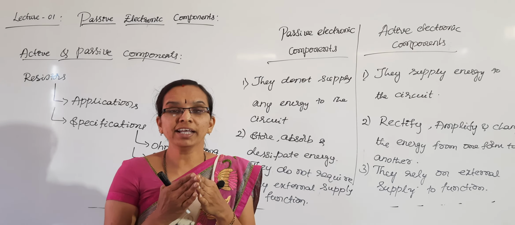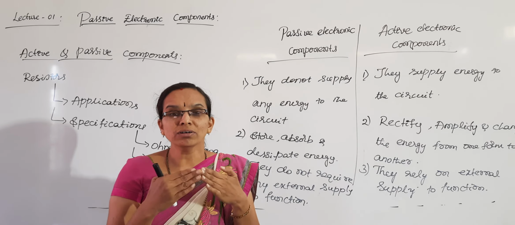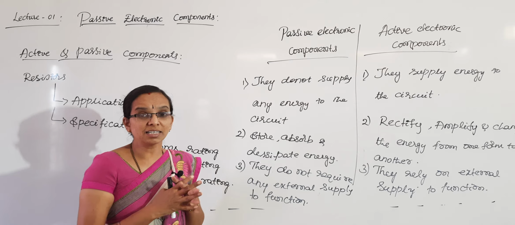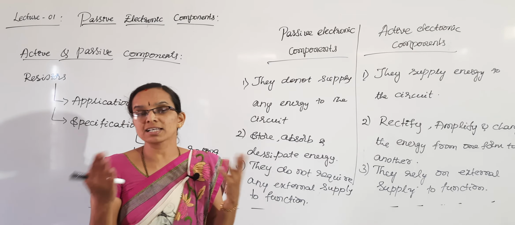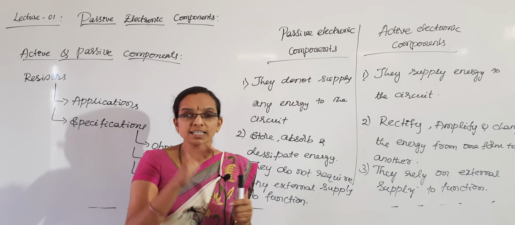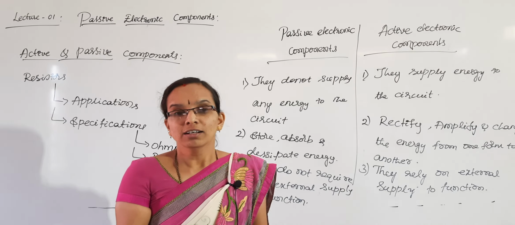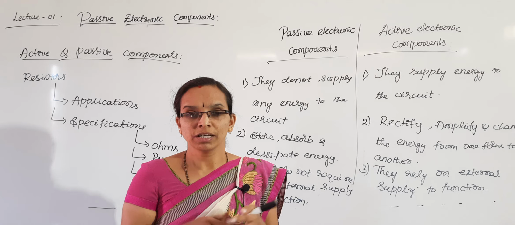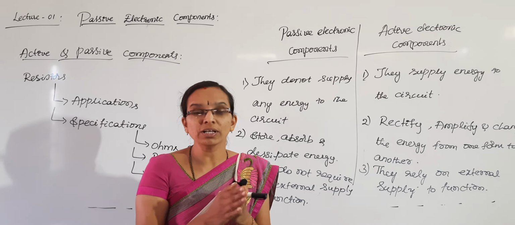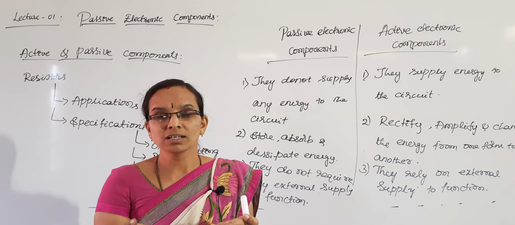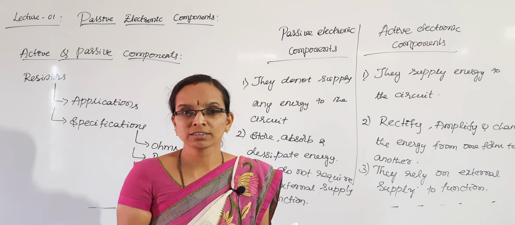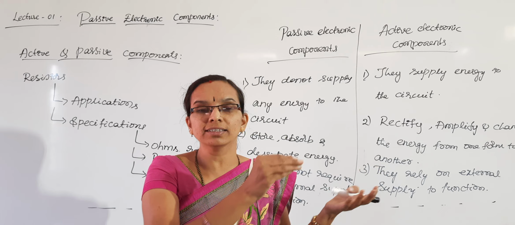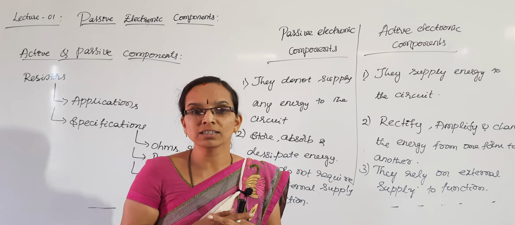They are depending on the external supply to exhibit their function, whereas resistors and capacitors do not depend on any external supply. Once connected in the circuit, they start functioning depending on their property. If the resistance is connected in the circuit, what is the property of the resistance? Oppose the flow of current. Wherever you connect the resistor, it starts opposing the